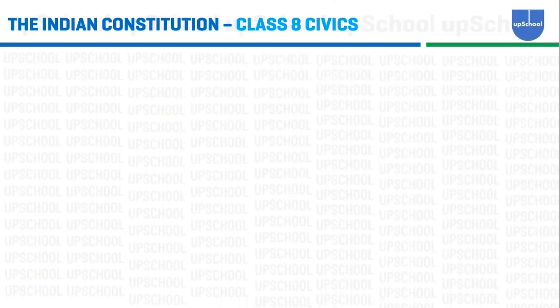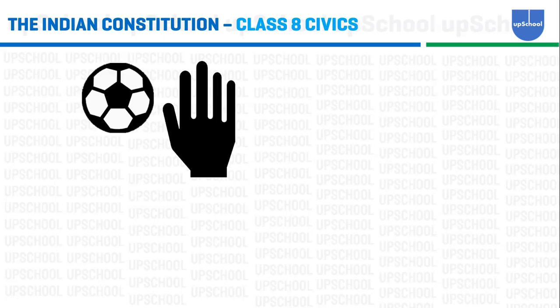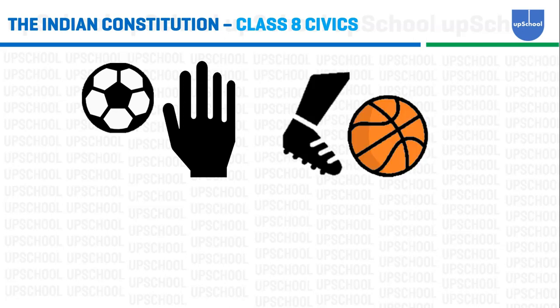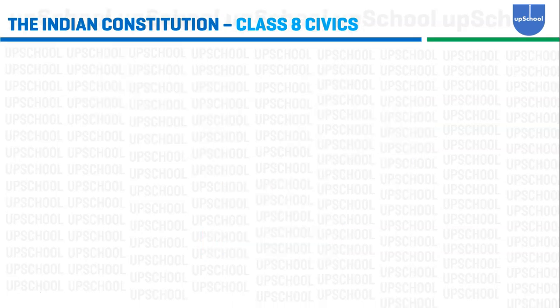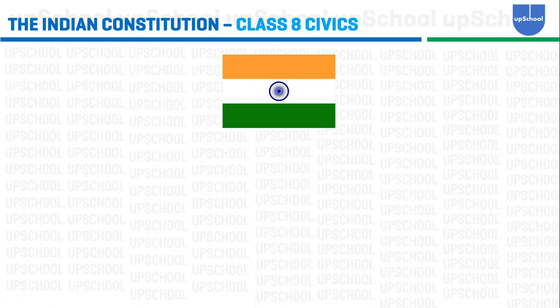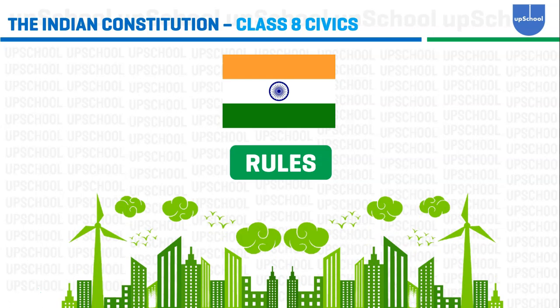Imagine if sports such as soccer and basketball didn't have any rules. Soccer, a game that involves kicking. What if people started touching the ball with their hands? Or basketball, a game that involves only touching the ball. What if people started kicking it? If people do not follow the rules of these sports, it would just lead to chaos or tyranny. Tyranny is an important keyword of this chapter, meaning violence. To prevent all of this, that's why we need rules. Even countries need rules, because if countries have rules, then it will make our society a lot more peaceful and less chaotic.